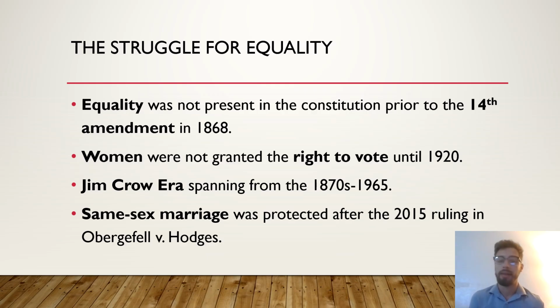We also see the expansion of this fight for equality in contemporary days, as we see fighting against the prison industrial complex by certain collectives, which has improved since 2008, which we will explore later on, in addition to the expansion of same-sex marriage protections by our federal government, which were only implemented after a 2015 Supreme Court ruling provided by Obergefell v. Hodges. Why do I mention same-sex marriage, race, and all of these issues in regards to the fight for equality in a discussion about civil rights and civil liberties?